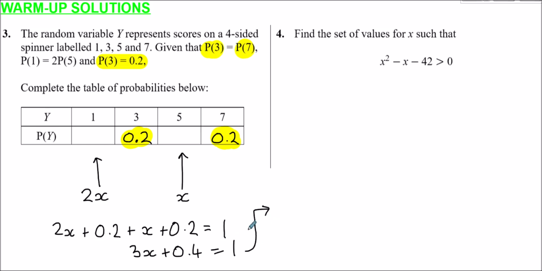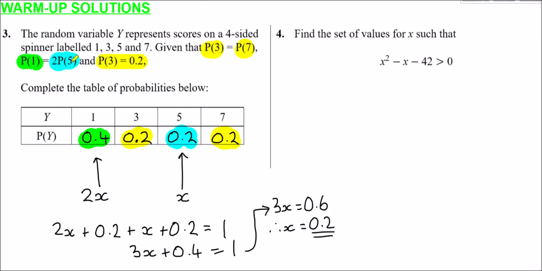Give myself a bit more space. So subtract 0.4 from both sides. We get that 3x equals 0.6, and therefore x must equal 0.2. And so 2x must be 2 times 0.2, which is 0.4. So the probability of being 1 is 0.4, and the probability of being a 5 is just x, which is just 0.2. So that all checks out,